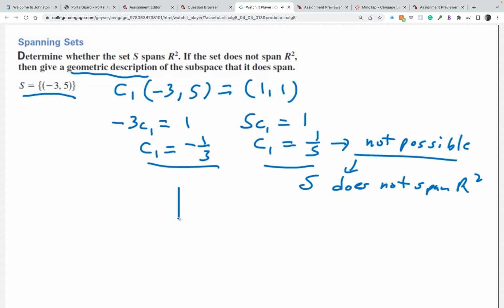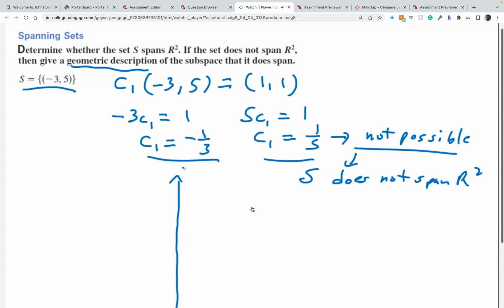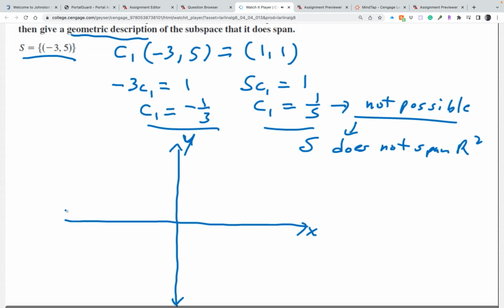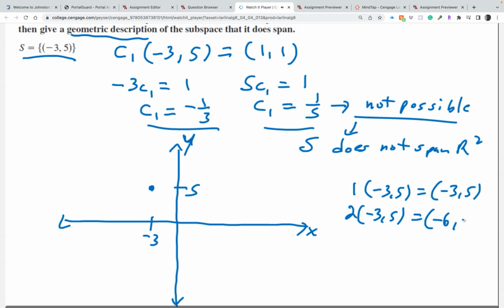So let's suppose we were to look at a two-dimensional plane where we have x as the first coordinate and y as the second coordinate. Well, if x is -3, that means that y will be equal to 5. We'll get a point over here. And then we can look at any multiples of this. So 1 times this vector just gives the vector -3, 5. If we look at 2 times that vector, we get 2 times -3, 5, giving us -6, 10,